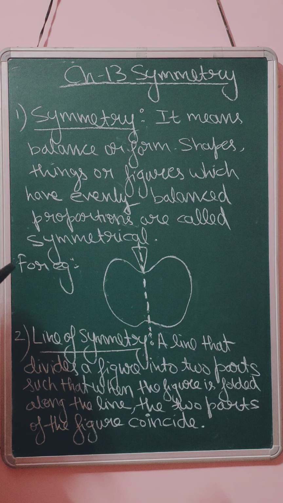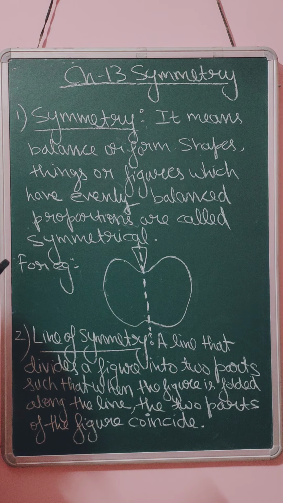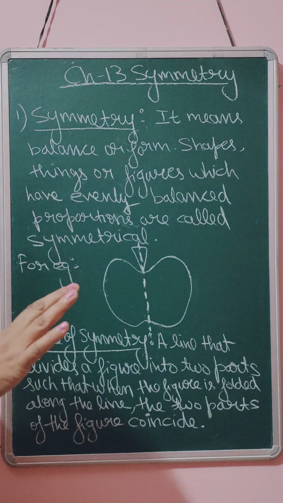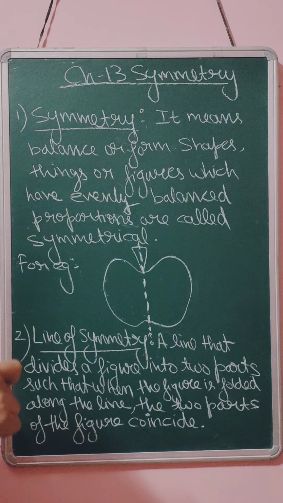Now moving to the next page, we have so many patterns we can draw with ink blots, so that we can get symmetrical objects. When we spread the ink on a piece of paper, and if we put a thread and keep the thread out, then we will find symmetrical objects.